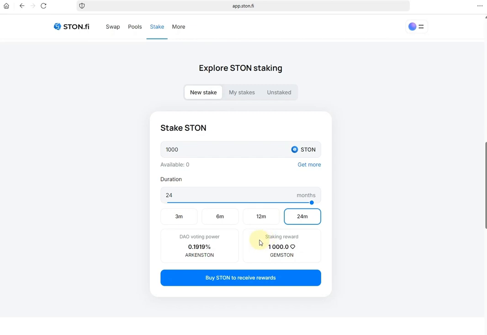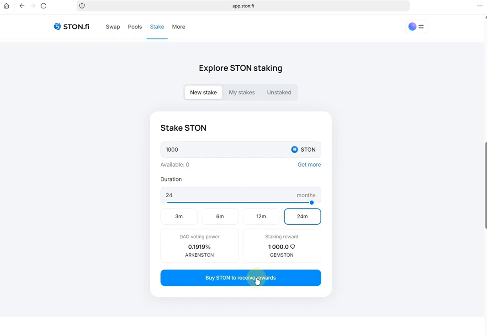So if we lock it for 24 months, right now I do not have STON token. If I had STON token, I could just press on the button, and it is going to start the transaction. After I confirm the transaction,